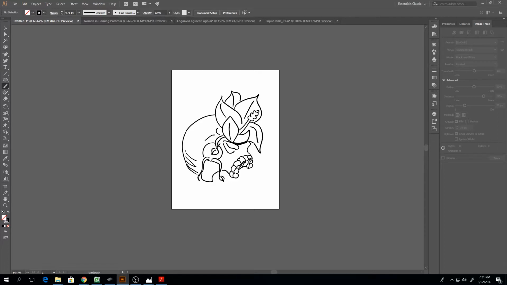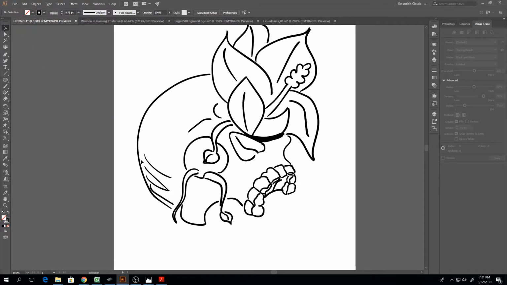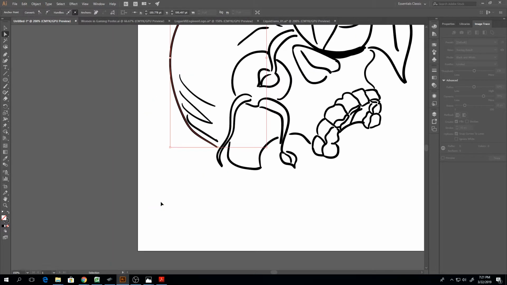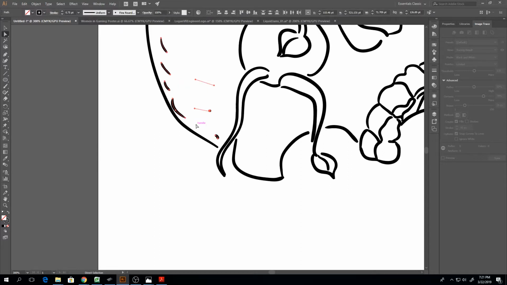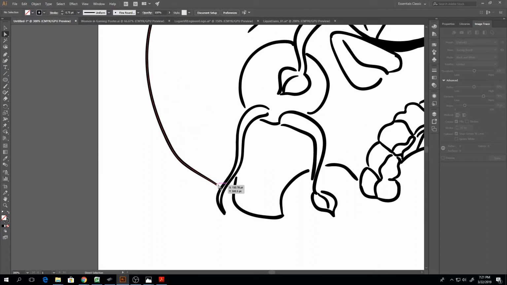And this is where it comes to the second step that I would recommend: you use the direct select tool and the pen tool. Not going to be doing a ton of drawing with the pen tool in this case, but we will be manipulating these curves with the direct select tool to get them to look the way that we want as vectors. I'm just going to delete these lines here, and if I wanted to capture that shading, I'll probably do it with